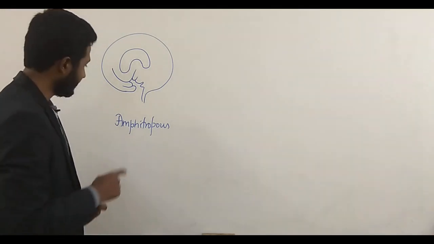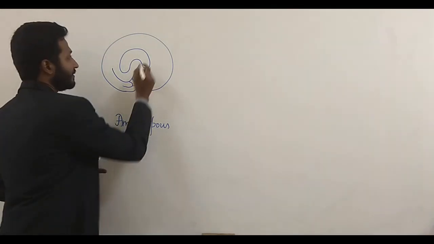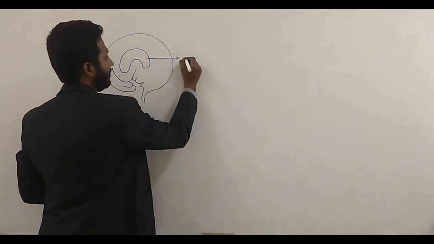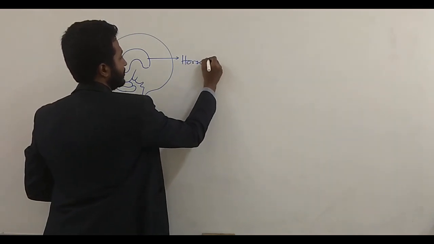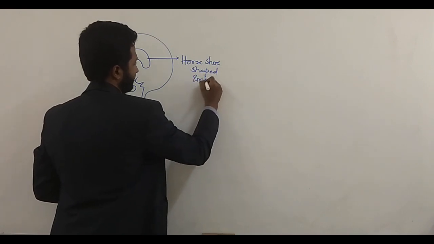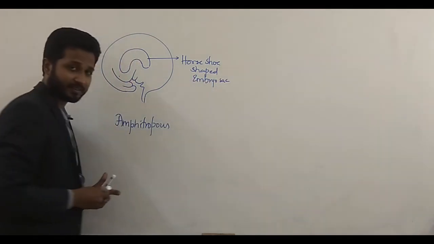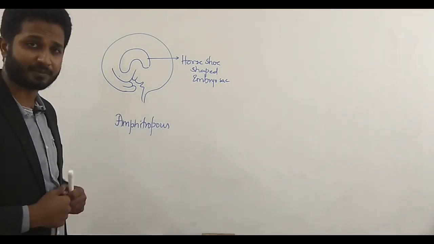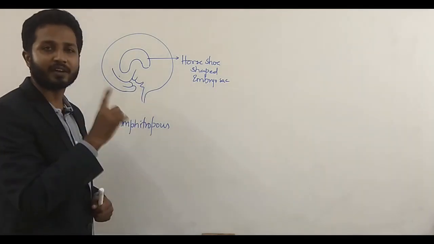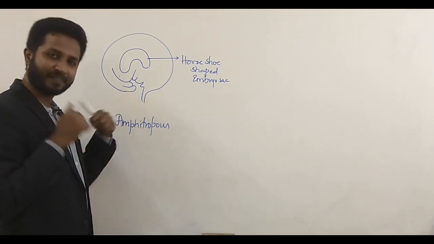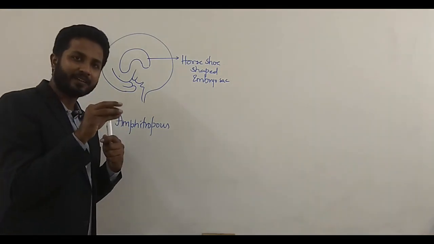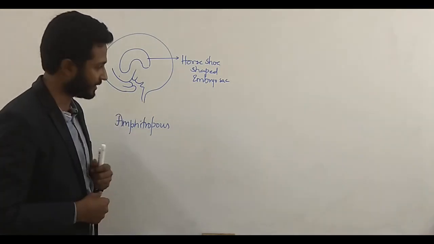This is a unique feature. The question they had asked in NEET, as I told you, is which ovule has got a bent horseshoe shaped embryo sac. What is the other type of question you can expect from this particular ovule? The micropyle facing towards the funicle. No other ovule has the micropyle facing towards the funicle. It is only in this case. So we have a bent micropylar end and it is facing towards the funicle.